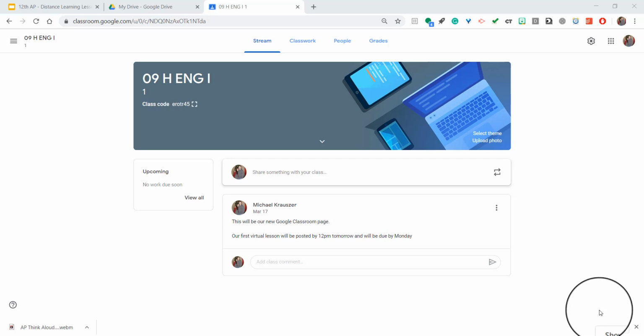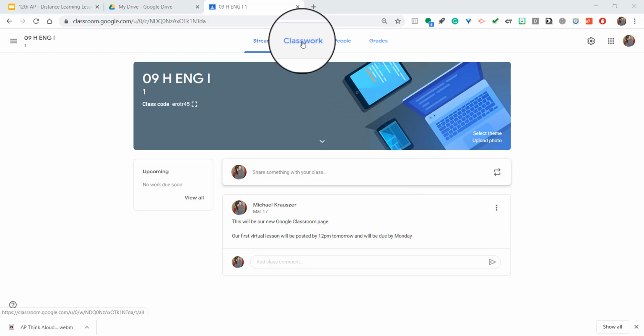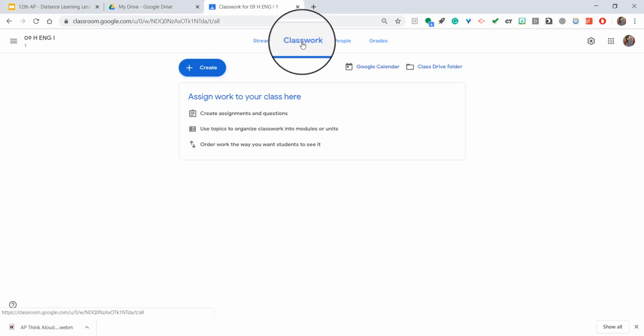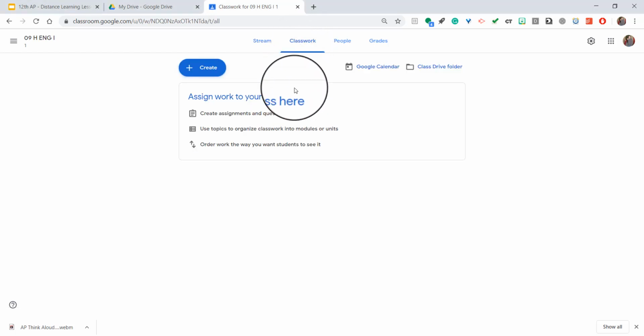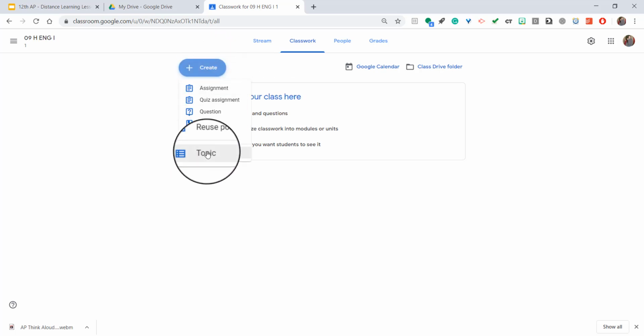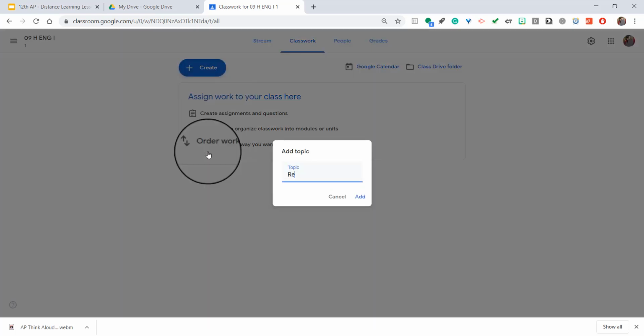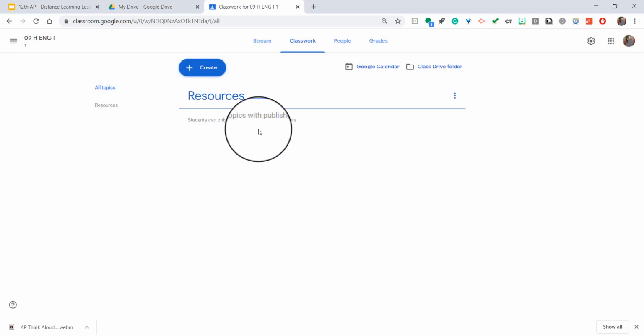So the first thing that I'm going to do is click on the classwork tab up at the top. Now, as you know, this is where you post all of your assignments and where you can separate them by topics. So I'm actually going to create a topic and I'm going to call it resources. So these are where I'm going to put anything that I want my students to be able to view at any time and have easy access to. You don't want to put assignments under this because then you're expecting the students to do something with that work